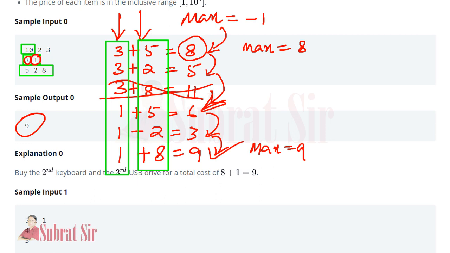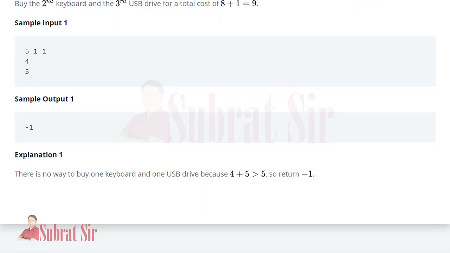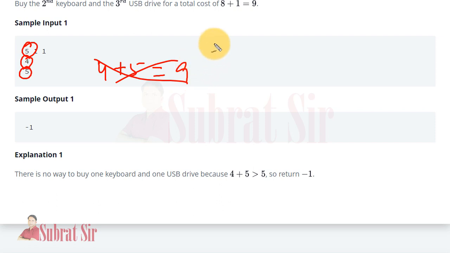Now let us go for the second one. And in second value, we have budget 5 and only 2 elements, 4 and 5. So 4 plus 5, 9. It is not within our budget. So we can't afford it. And our max is -1 previously stored. So the result will be -1 because here max is not changing. Right. So let us start writing our actual code.